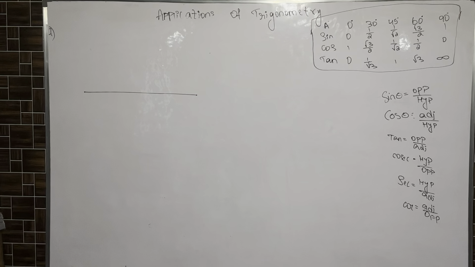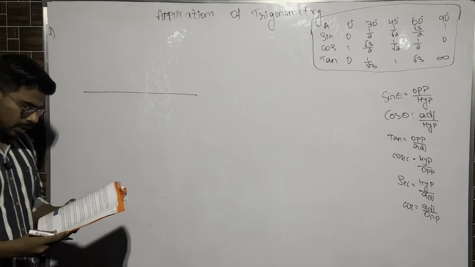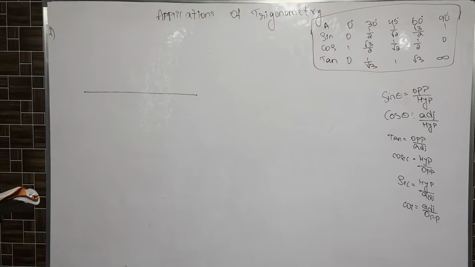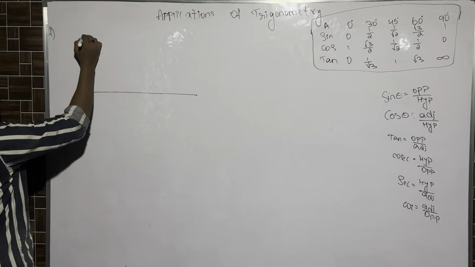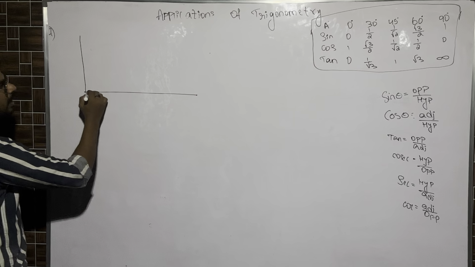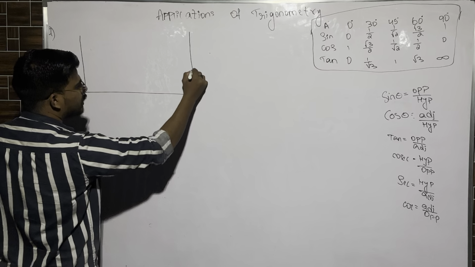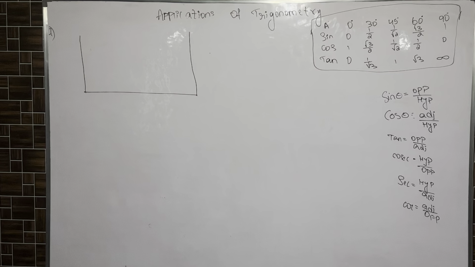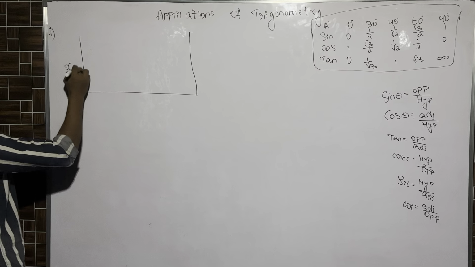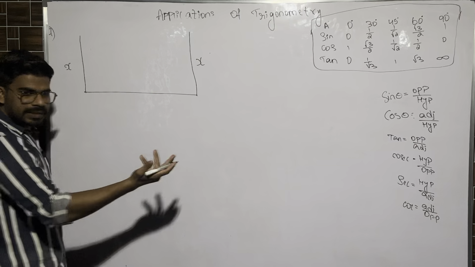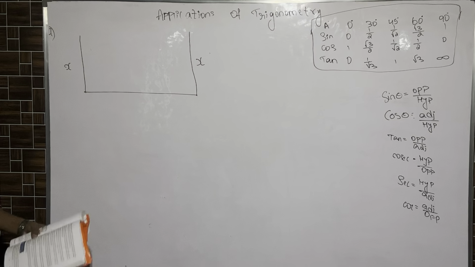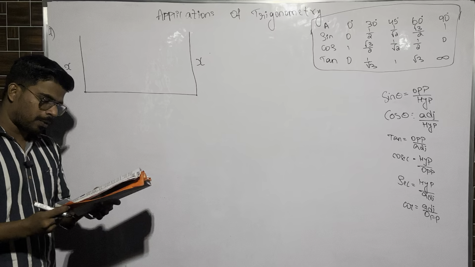This is the road, and on both sides of the road, two poles are there. Two poles of equal height. One pole is standing on one side, another pole is standing on the other side of the road. Now let us consider their heights to be x. Why am I writing both x? Because their heights are equal. Right, now next point, from a point between